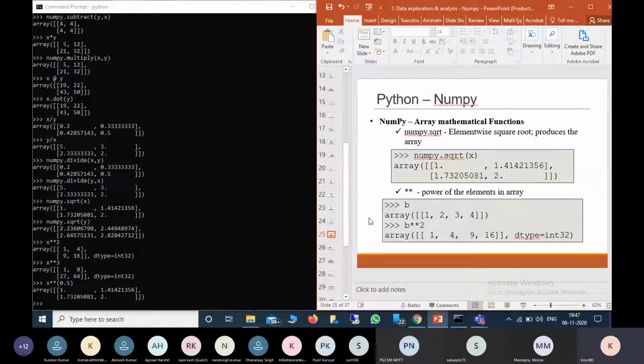So do you have any doubt till now in mathematical operation? No, sir. So it's clear, na? Yes, sir. Yes, sir. Yes, sir. Clear, Yeah, clear. so now we can